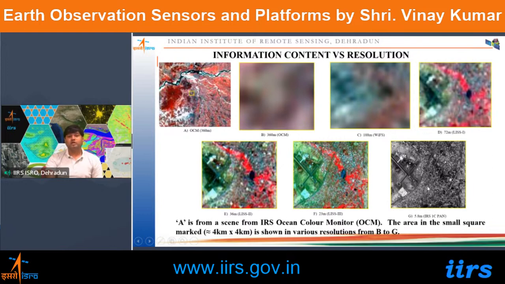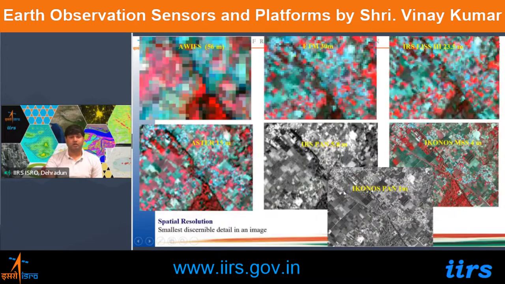But panchromatic data are the sensors which give single band data, and which use a wavelength range, either visible or visible to near infrared range, for capturing the data. These particular sensors are multispectral data with different bands, and they are generated as color composites. Now coming to